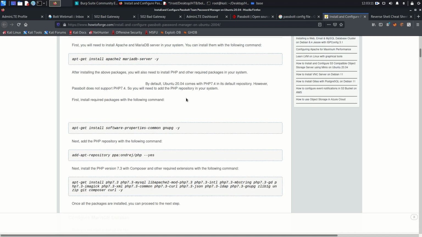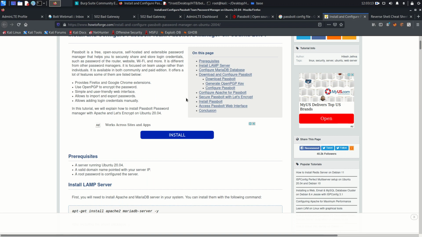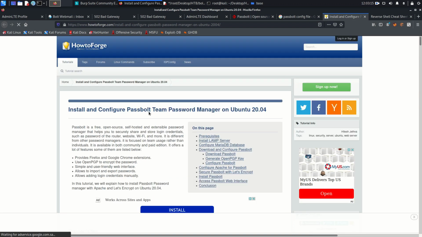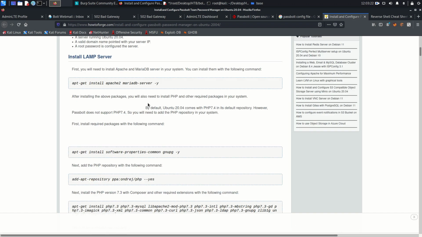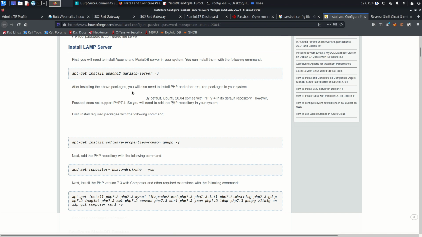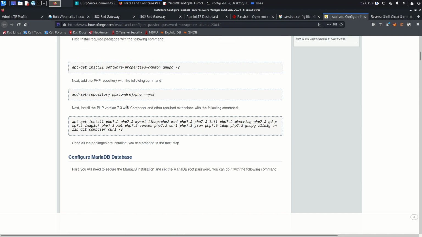So this is actually the LAMP server Passbolt team password manager. This is the installation and configuration instruction. So maybe we will get a few things. So the first thing, it is going to run the Apache server and